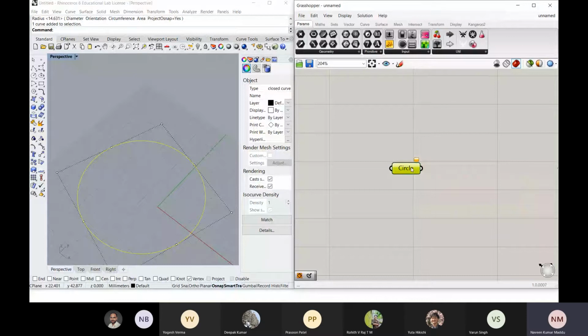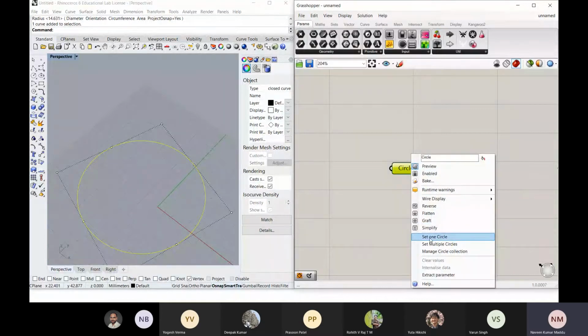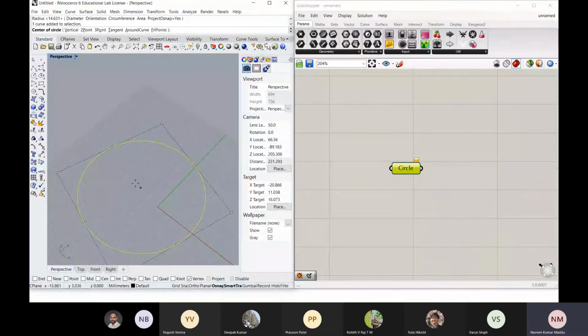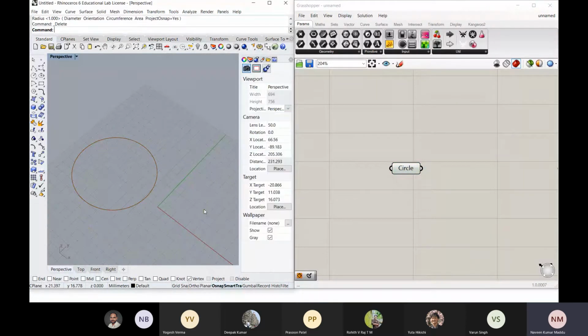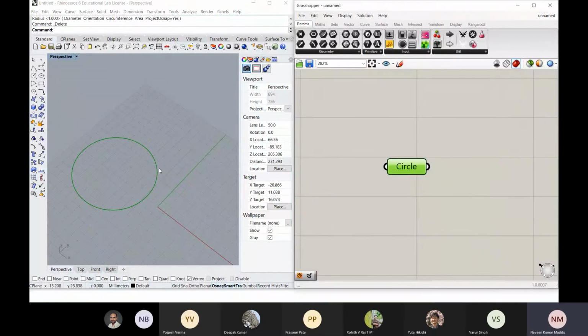So what you do, right click on this, set one circle, then you can draw your own circle or set the circle which is already there, and that's it. So this is the circle which is already available here, and it has been called into this Grasshopper.